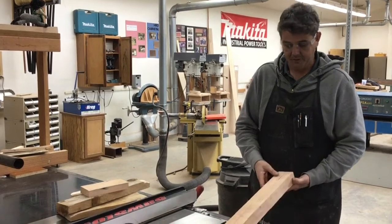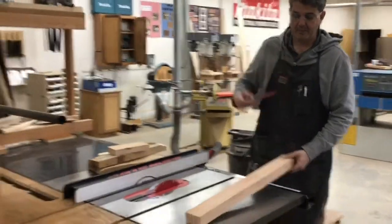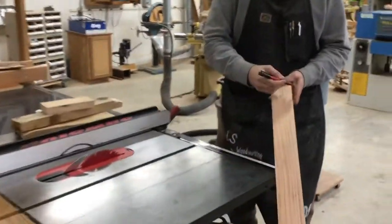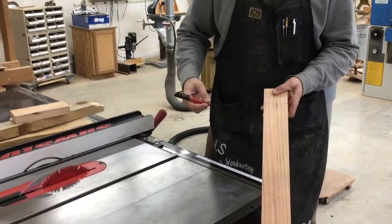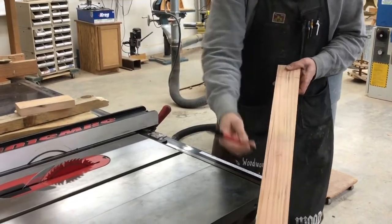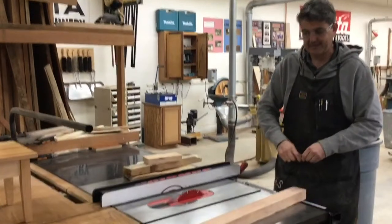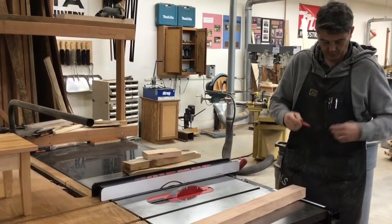The table saw is used for rip cutting. On the miter saw, we saw that the operation like this is a cross cut. Now we'll be doing an operation where we cut the board long ways, and that's a rip cut. So the first thing we want to do on the table saw is identify the board to be flat on